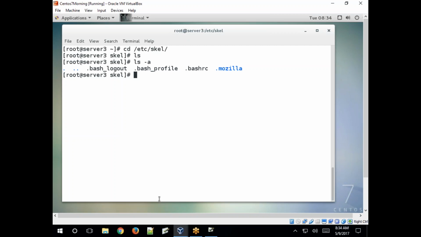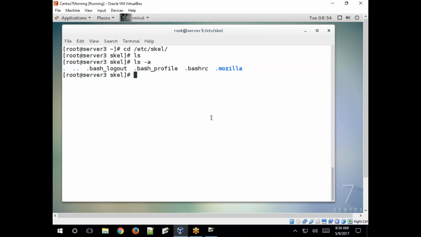When you create a new user, the default skeleton environment is copied, and after login you can change the environment as per your requirement. I'll show you how to change it later. See, .bash_logout, .bash_profile, .bashrc. And what is .mozilla? Firefox is already installed, right? The browser settings are also copied.